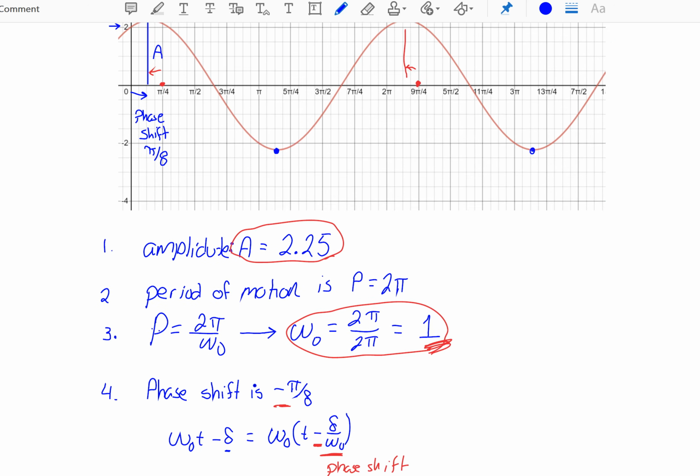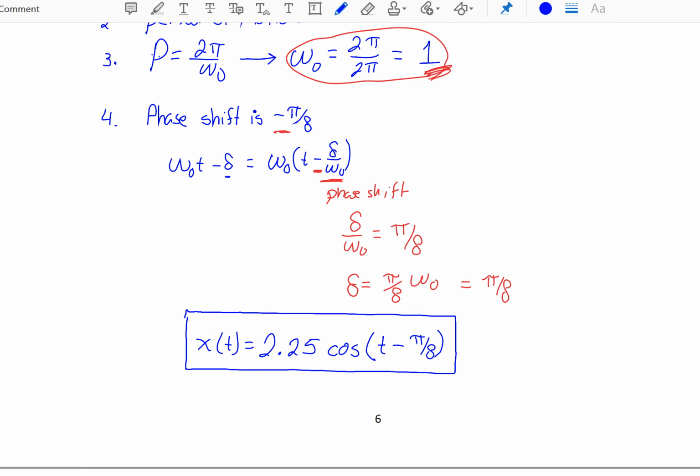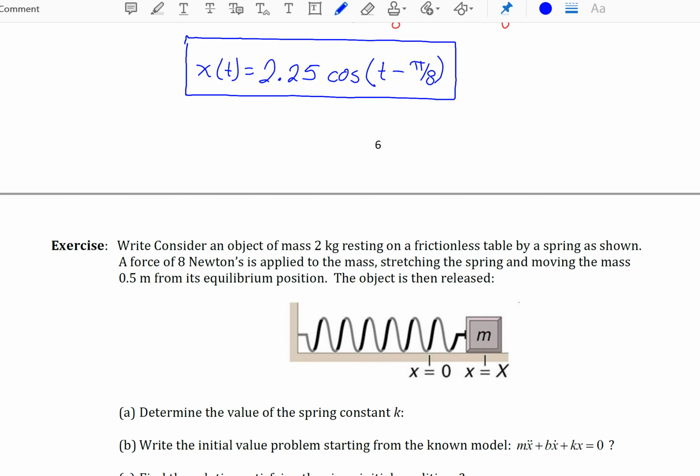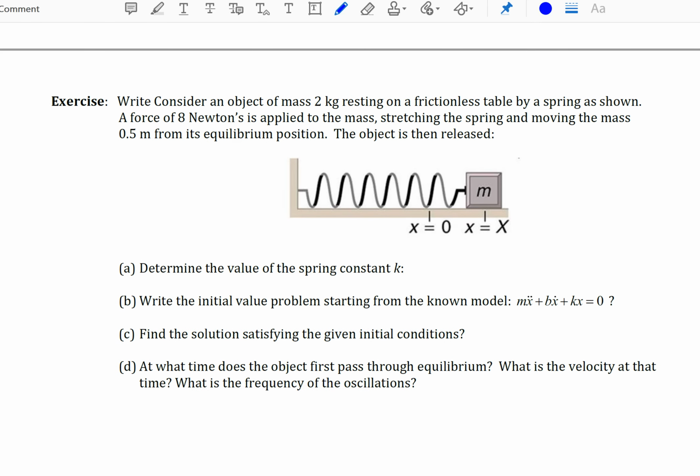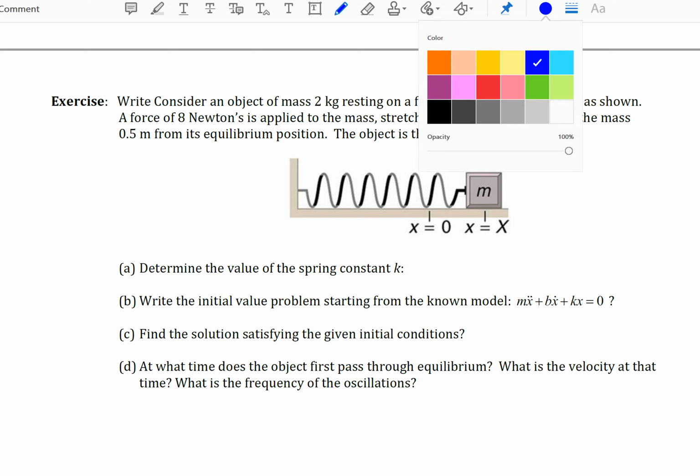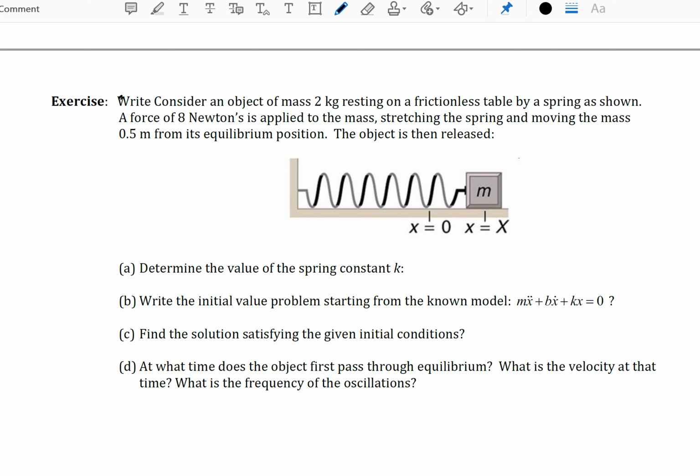Okay, let's look at another example. Oh, my English is terrible. Let's get rid of that word "right." Consider